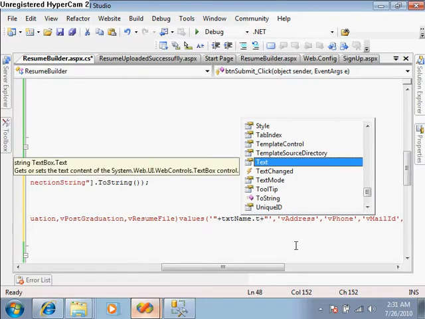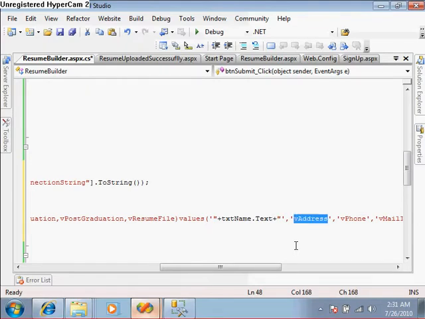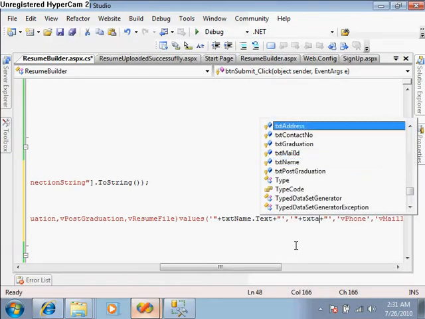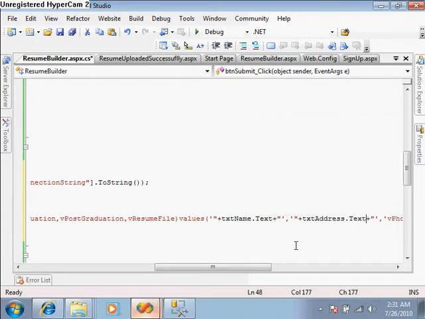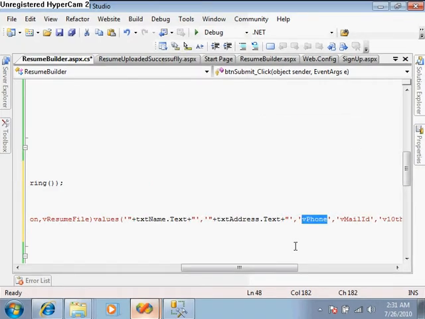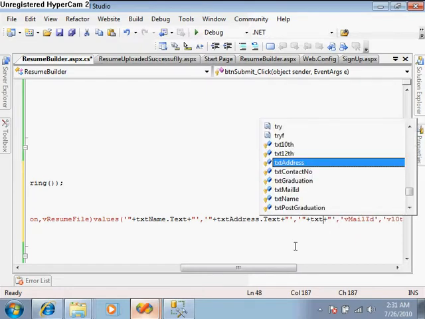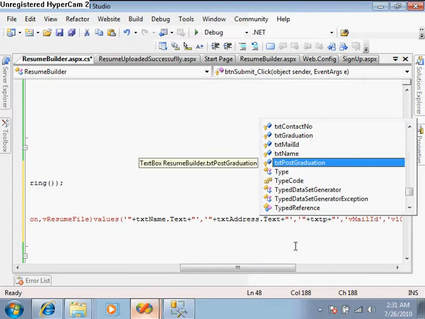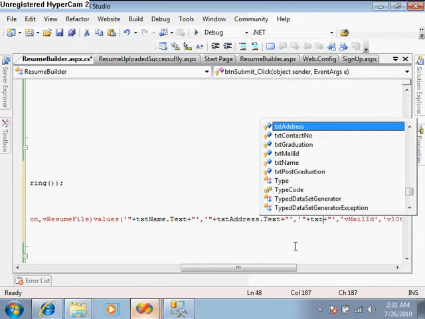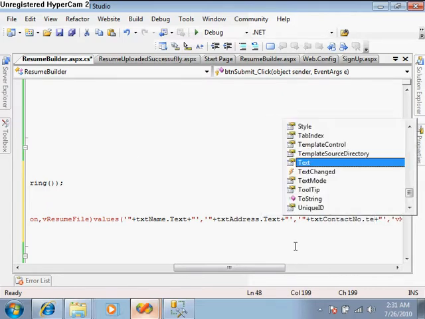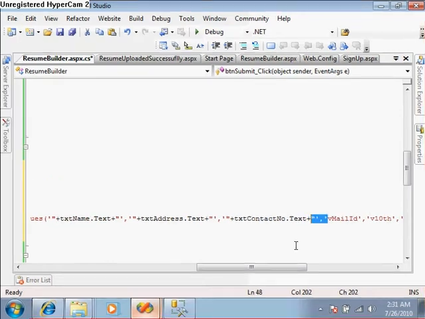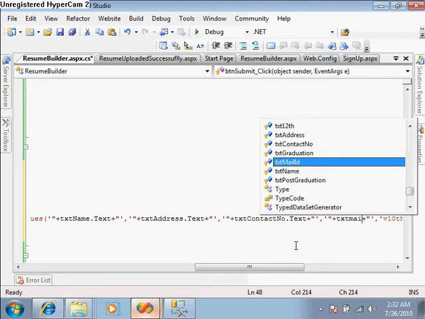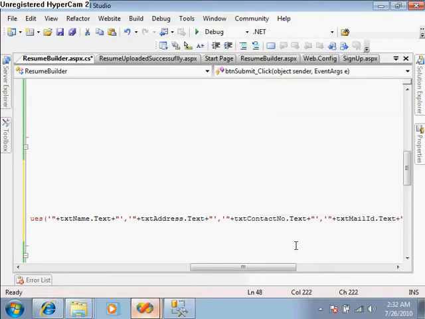This is a similar process to what we did in the registration. txt address dot text, and this is txt phone or contact number dot text. After that txt mail dot text,